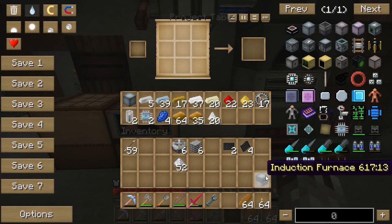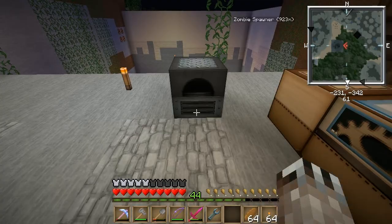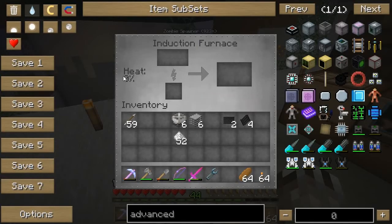The reason I want an induction furnace, if you don't already know how it works, I think I can just put it down and show you the interface. See, it has a heat level. Right now it's at 0%. If I put something in, it would take a long time to heat up, and it would take like 20 seconds probably to smelt one item if it had power. But